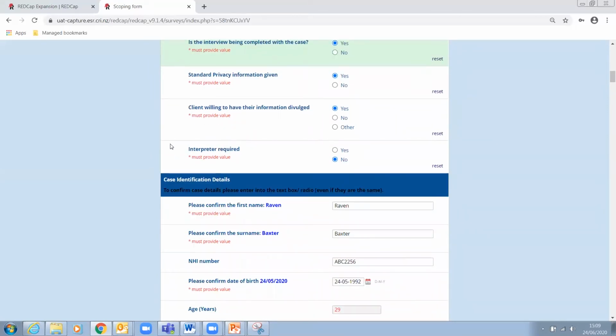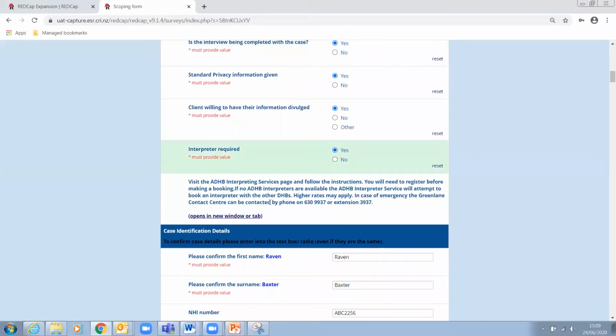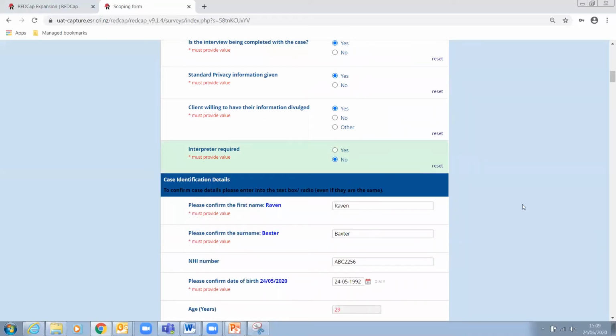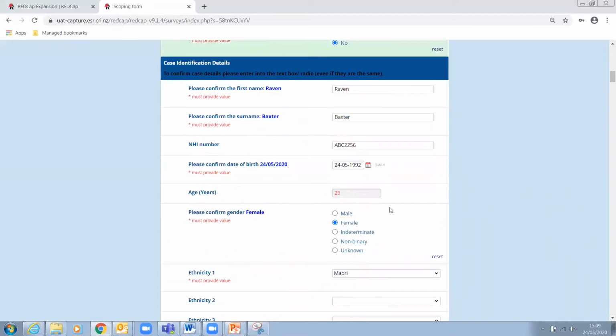Here, if an interpreter is required, yes, we have this information here and contact numbers to ring to organise that. Then we go into our ID, our case ID details. These bright blue